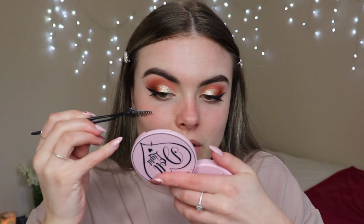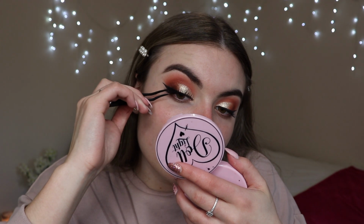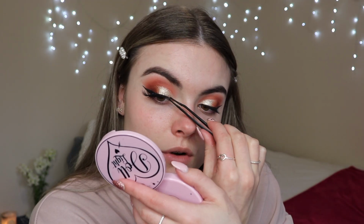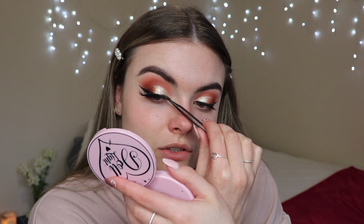So what I'm going to do is grab a mirror, look right into my mirror just like I did with my liner, and pop them on as close to my natural lash line as possible. I like to pop the middle part down first, and then from there adjusting it and pulling it along to place the outer corner down. That one you can really feel in that outer corner as well, so it's easy enough to feel where it's being placed. And then the inner corner is where everyone struggles the most. I like to do this last